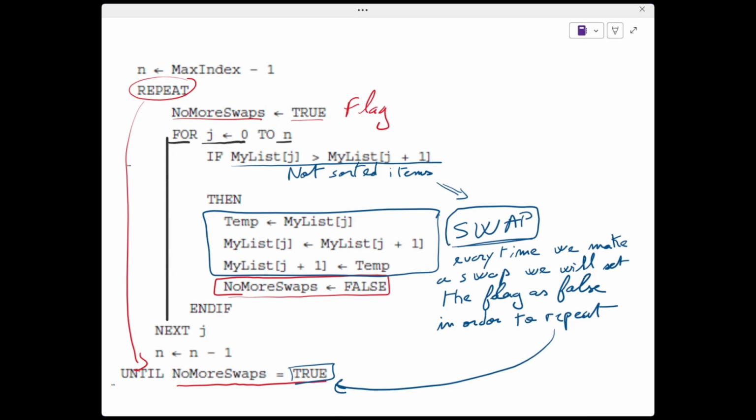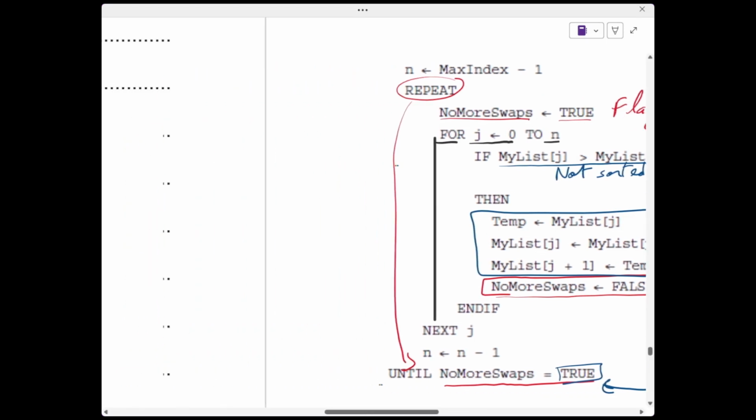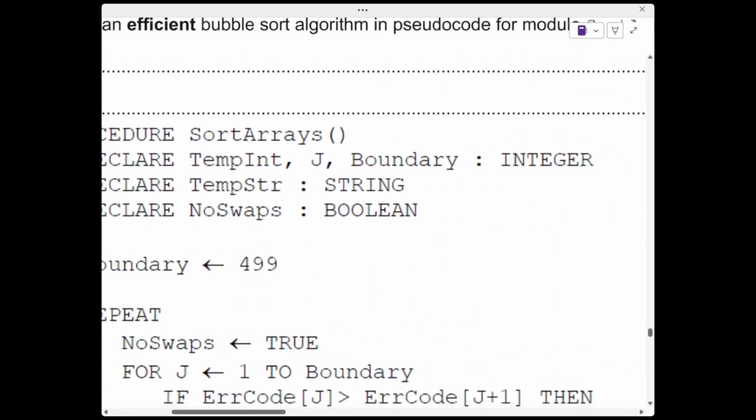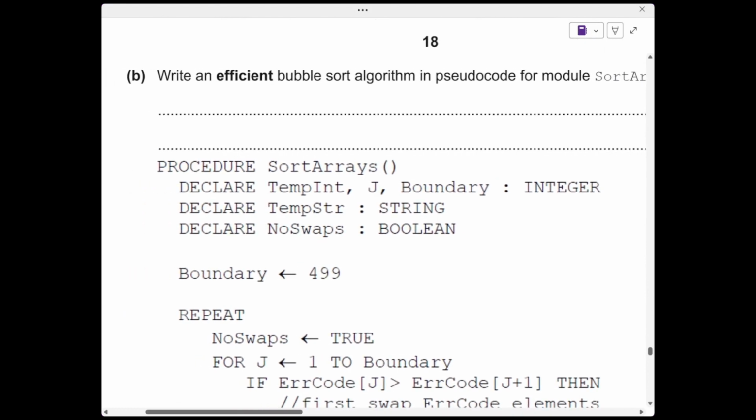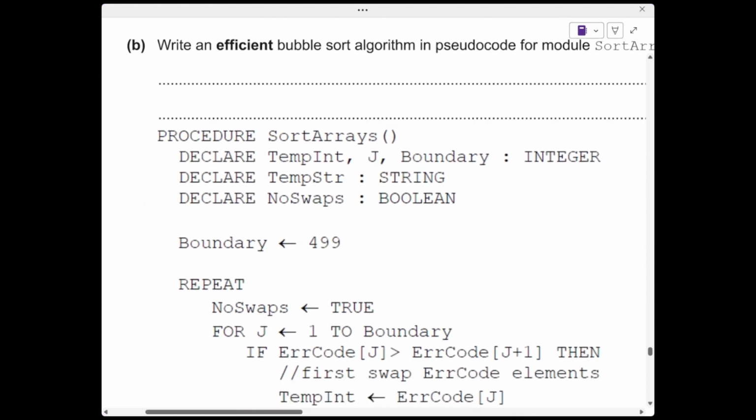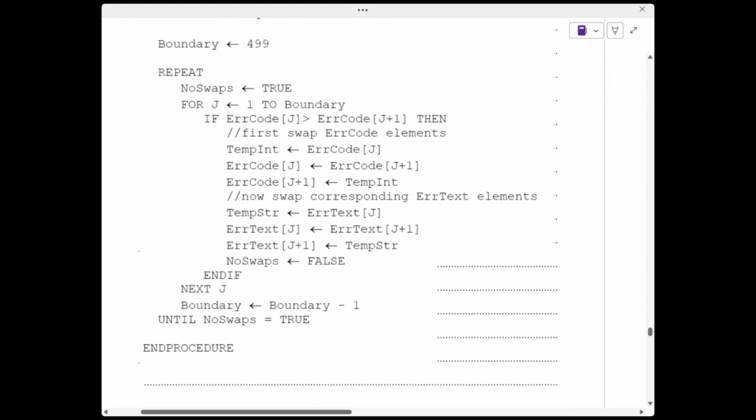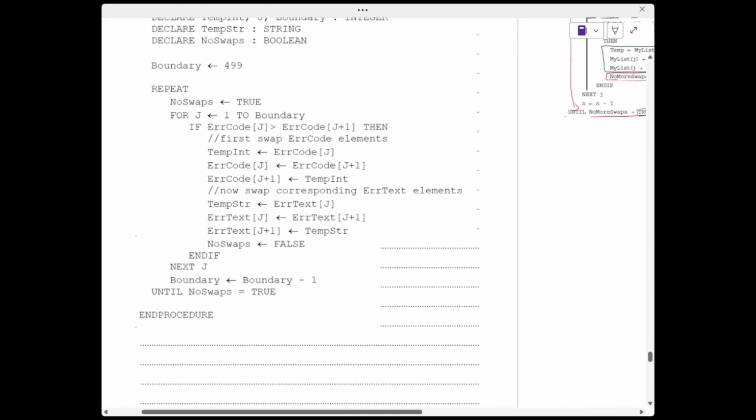This is a reminder of the bubble sort. We will apply the same idea, but this time we will use two arrays. We will sort two arrays at the same time, not only one array, but the same thing. Here the swap. Let's start with the flag. Here the flag, no swaps, true. Until no swaps, true. So we will repeat